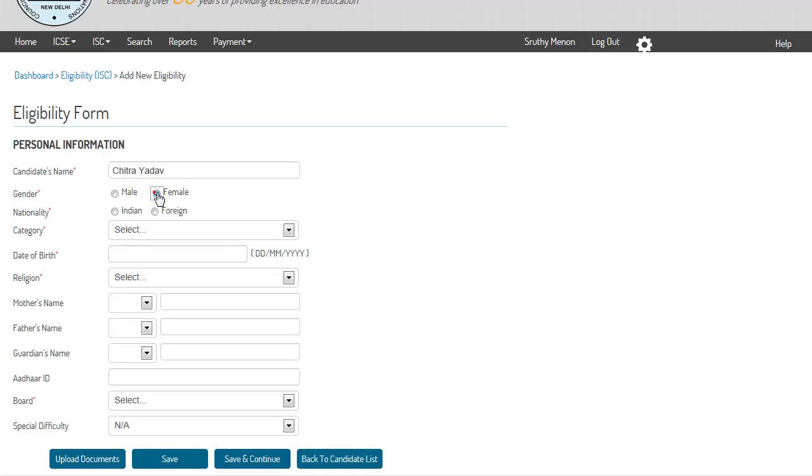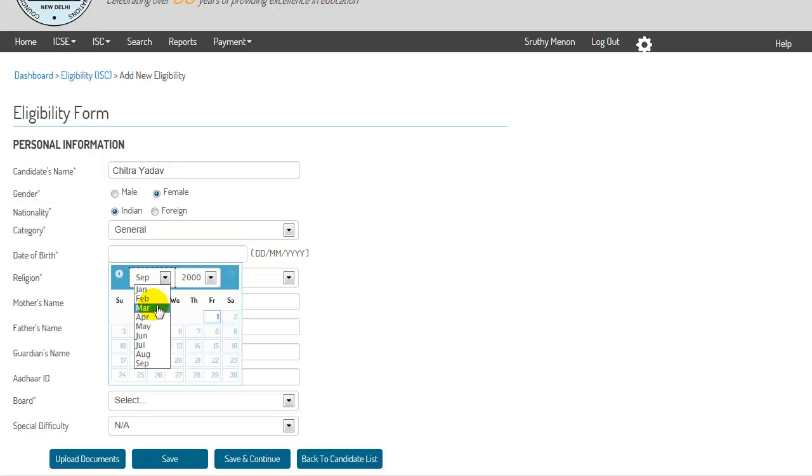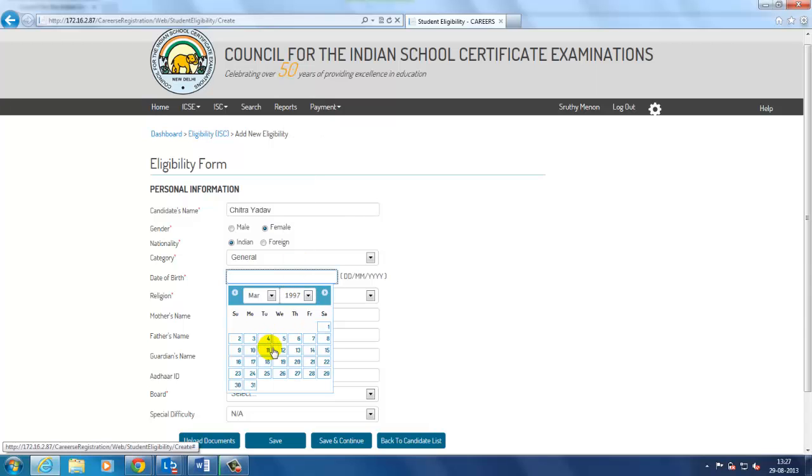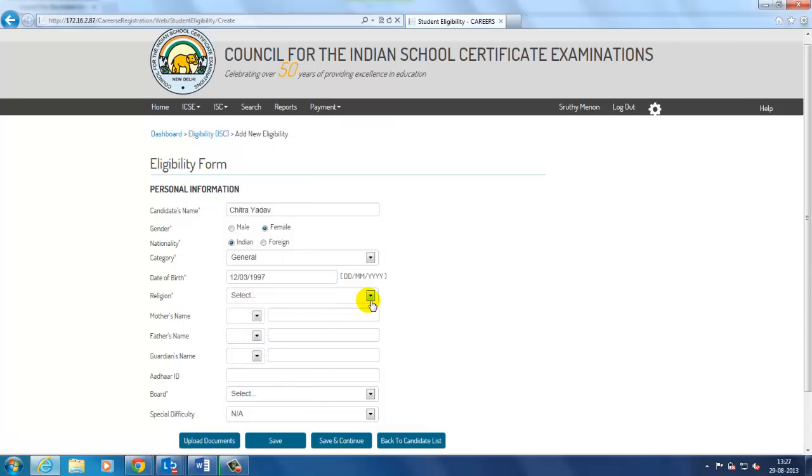Select gender, nationality, category, date of birth, religion. Here enter parent's name,